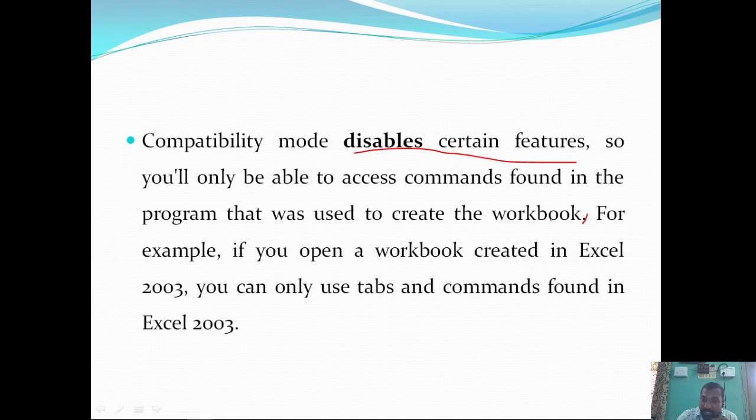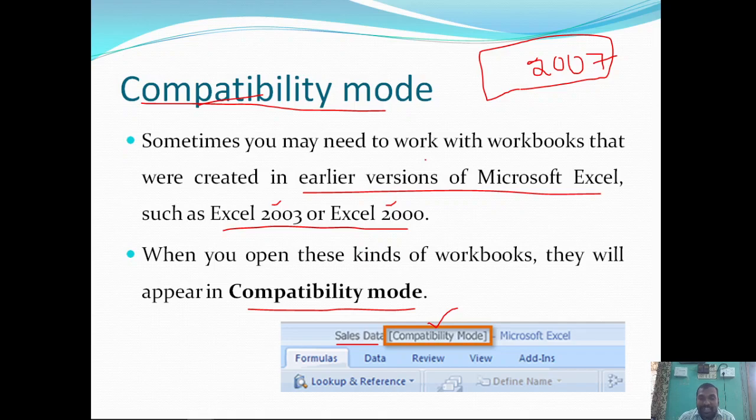So at the time of creation of the workbook, whatever commands you have used, only those commands are available, and the latest features that are included in the 2007 version of Microsoft Excel are not included. The latest features are disabled. That's why it is displaying the document in compatibility mode, which can be seen in the title bar.